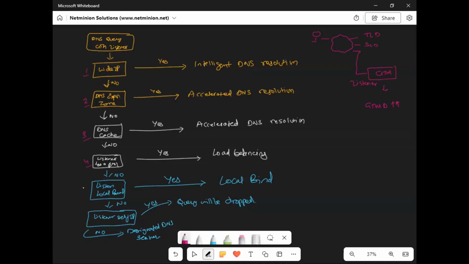That, okay, do I have a wide IP? If yes, the request will resolve. If no, then wherever the request goes, all of those things will be checked. So DNS Express and local BIND,